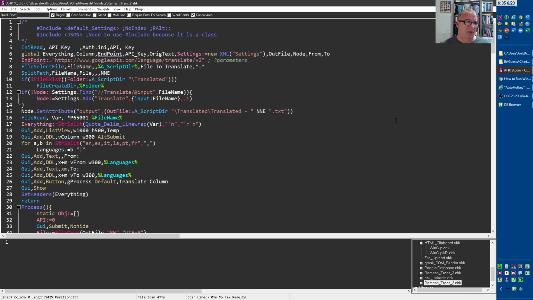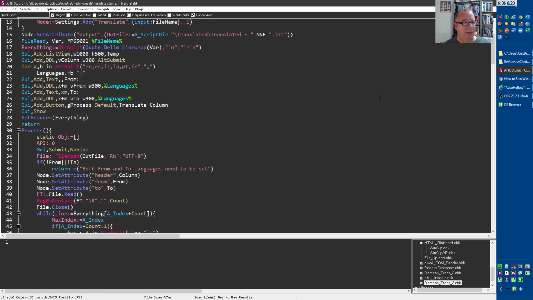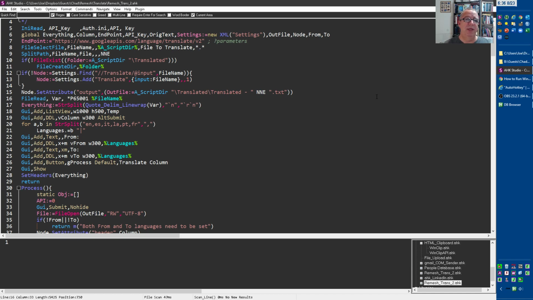So I have this little script here that looks at the file, opens it up, and then asks what column do you want to look at? I think I can open this without... No, it's privileged data, and I'm not sure if the data is fake, so I don't want to open it. But it basically asks what column do you want to translate, and you point to it, and then you say what the language is. We could have had it detect the language, but we didn't do it on this one. We changed it to Portuguese because the data was in Portuguese, and here are the hard coded ones we put in there. We could add more to this, but right now we have French, Italian, Spanish, English.